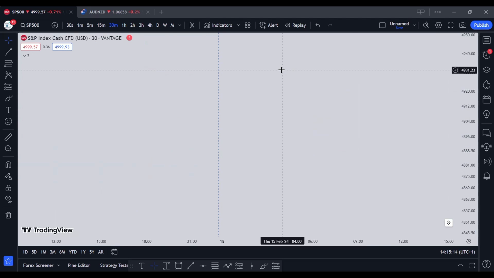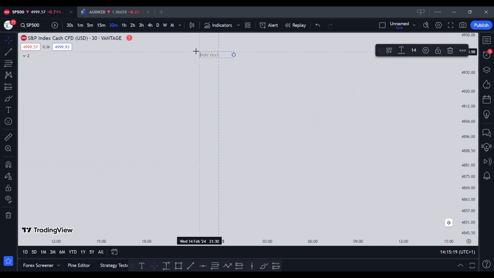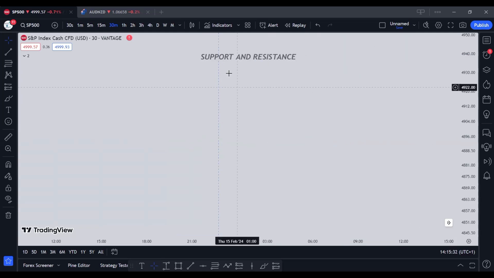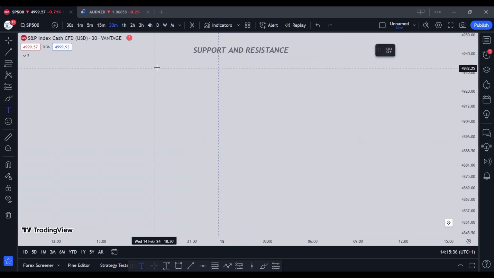So for this, we'll be looking at the next part of this class. We're looking at support and resistance, right? So what is support? Support is basically